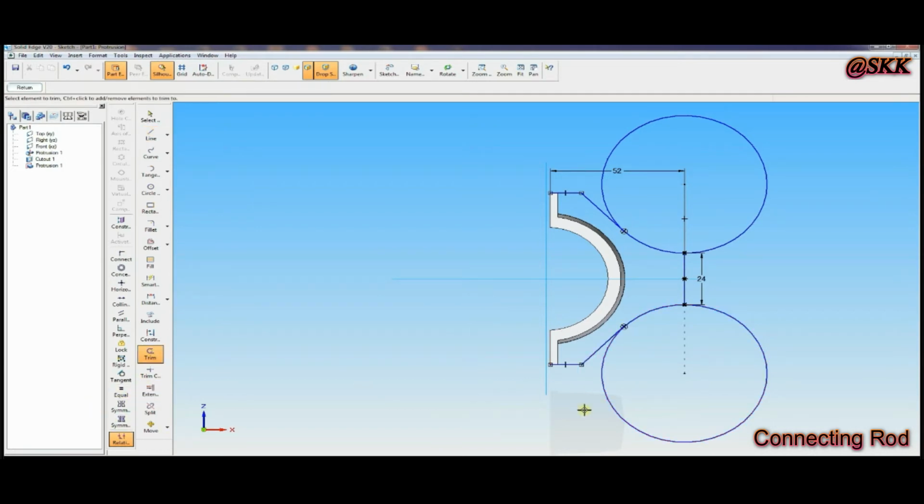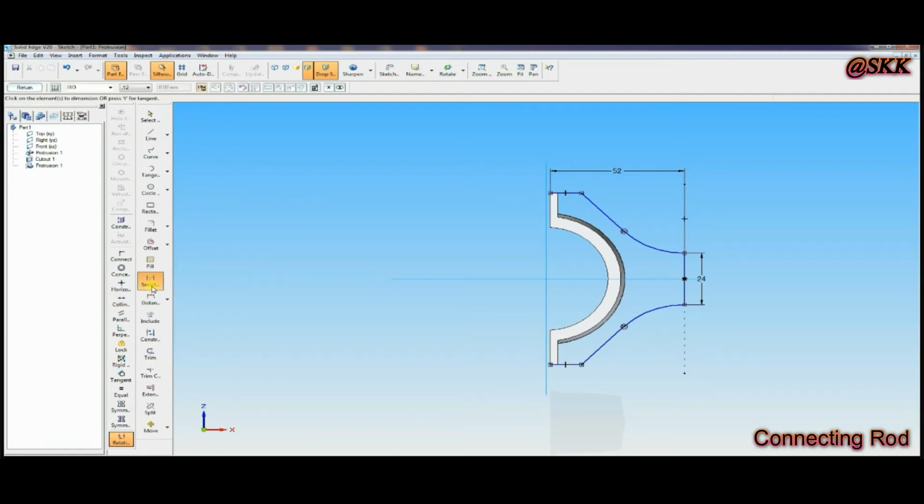Then go to trim the circle like this, and you can get the profile. Add the small dimensions, then go to include, OK, click on circle and vertical lines.